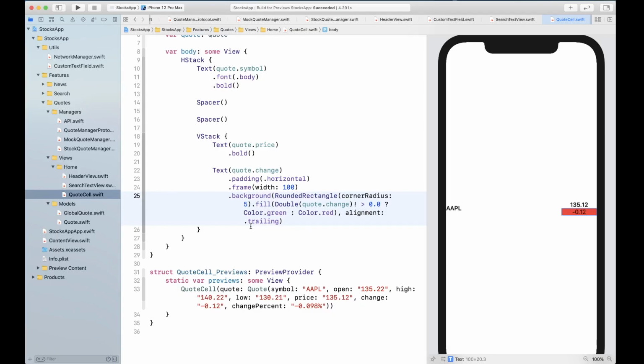All right, so that's our quote cell, and next up is going to be the mini quote view, which is going to be presented whenever the news view is open. So we're going to basically launch it when news view is open. So let's go ahead and create that as well.